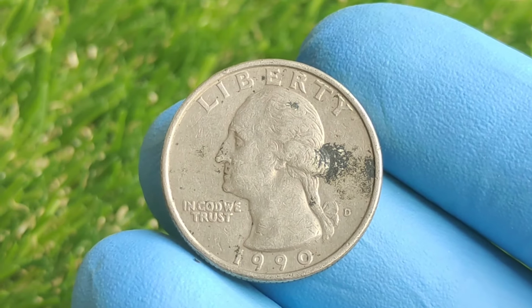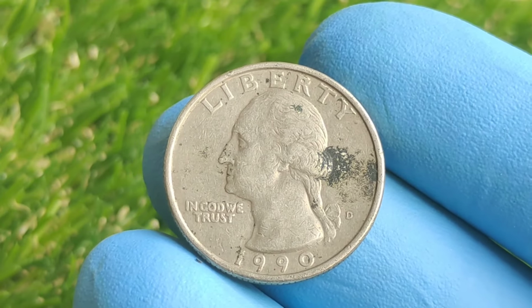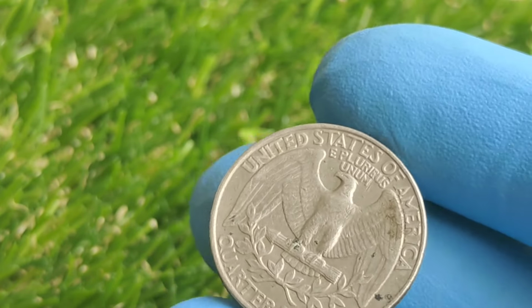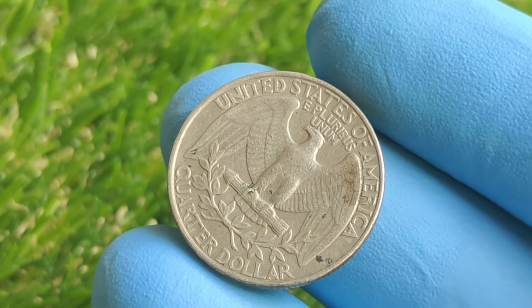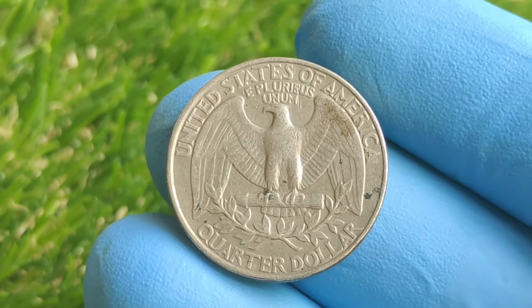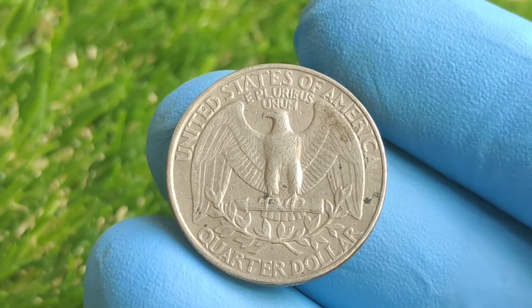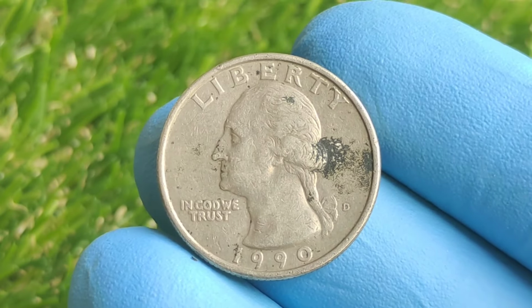And such a combination of double die obverse, off-centered strike, missing elements, reverse mule error, die cracks, transitional planchet, and broad strike deformation is not just rare, it's virtually unheard of. And what makes this story even richer is the coin's journey from obscurity to superstardom, because for years, this miraculous